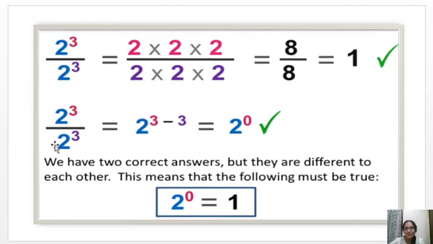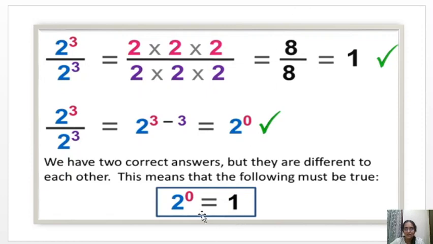But you know the division law of exponents, the second law we have learned in the previous class. 2 power 3 divided by 2 power 3: how do we get the answer? a power m divided by a power n. The only thing is the powers are the same. Subtract the powers to get the answer. You will get 2 power 0. Both the answers are correct. So, can we equate the answer? We will equate the answer. It is 2 power 0 equals 1.